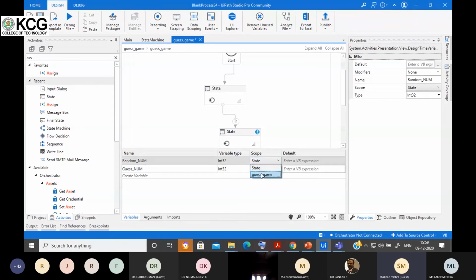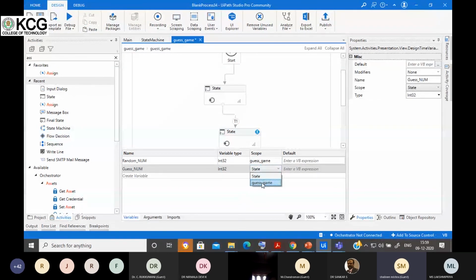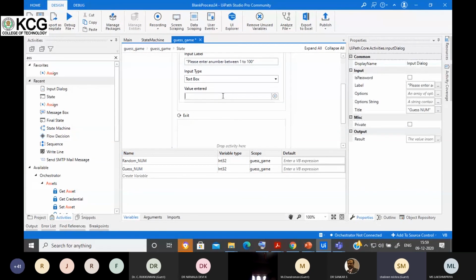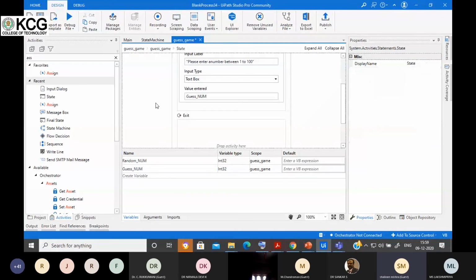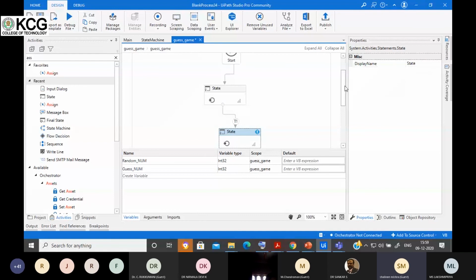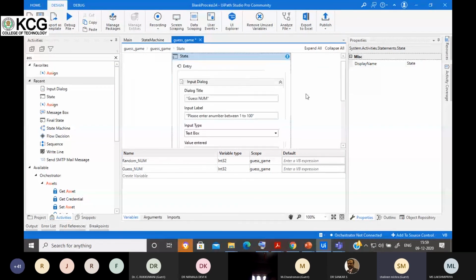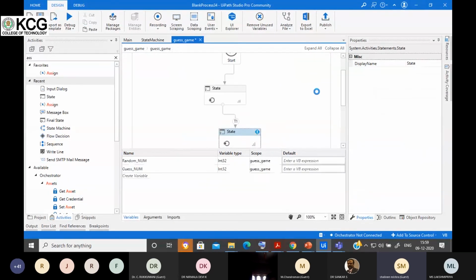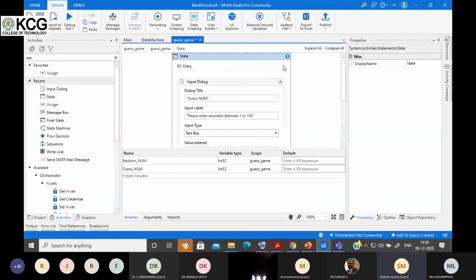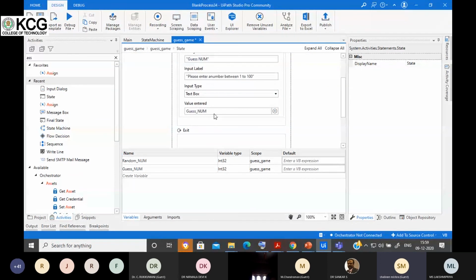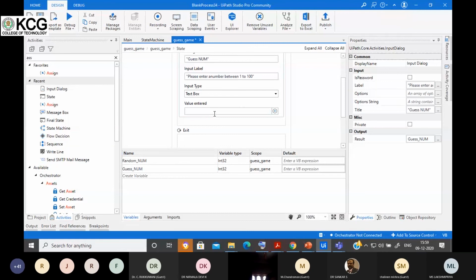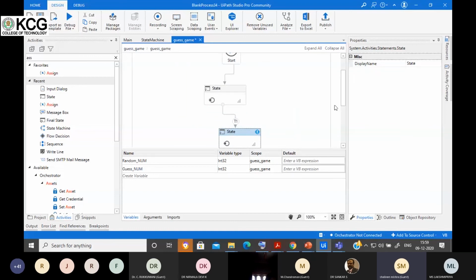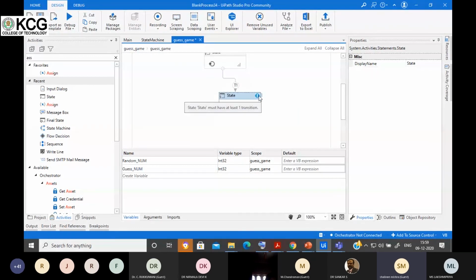I need to change it to the whole state machine, that is guess game, and now I'll use it here, the value entered by the user. I'm getting an error because no transition has been added.